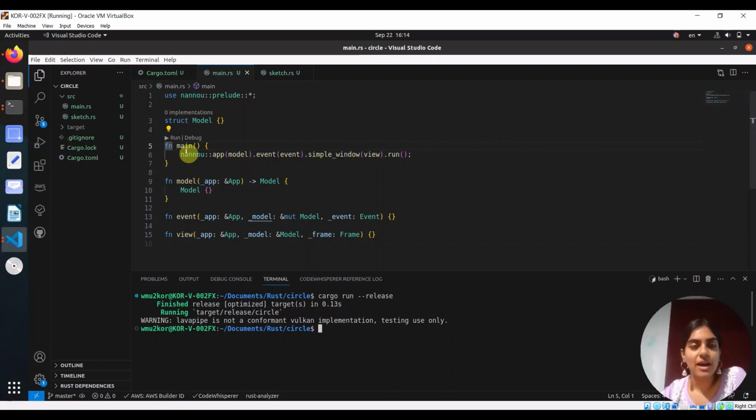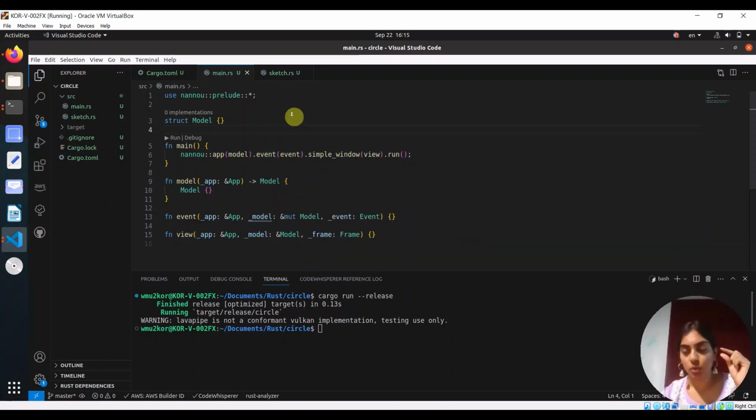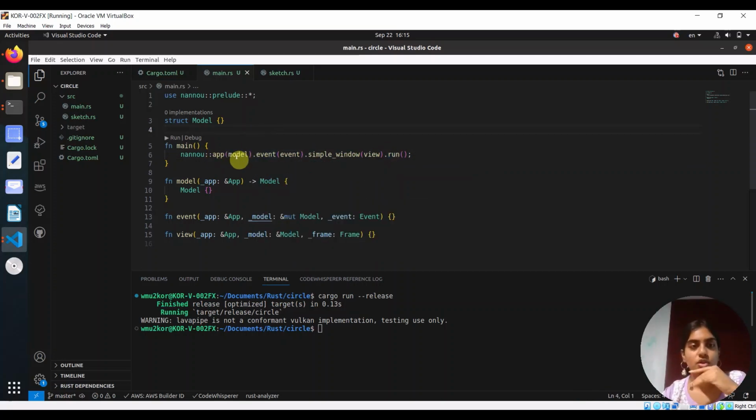In Rust, you have the function main. Your function main is essentially where the code actually happens. This is where your code starts and ends. So anything that happens within main is what actually happens in Nano, and in Rust in general. Over here you have your Nano app, your event, and your simple window and run. Each thing corresponds to one concept. Your model is where your code is being run. Your event is what is going to be happening. Your simple window